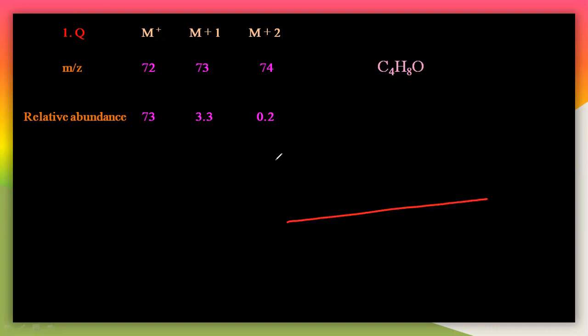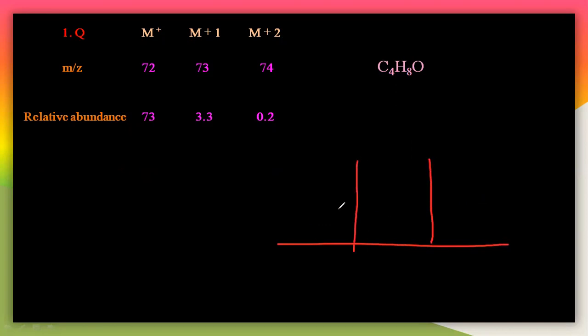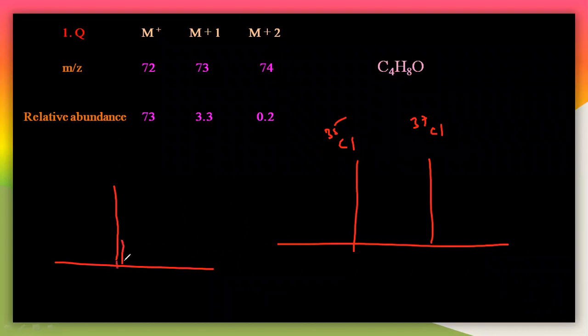So you can take it here like this. For this isotope, you will get two peaks like this. This is chlorine 35 and this is chlorine 37. Like this, you will get two separate peaks in a high resolution spectrometer. But if you take a normal spectrometer, you will simply get adjacent peaks like this. This is called the isotopic peak in the normal spectrometer. So that is the case.